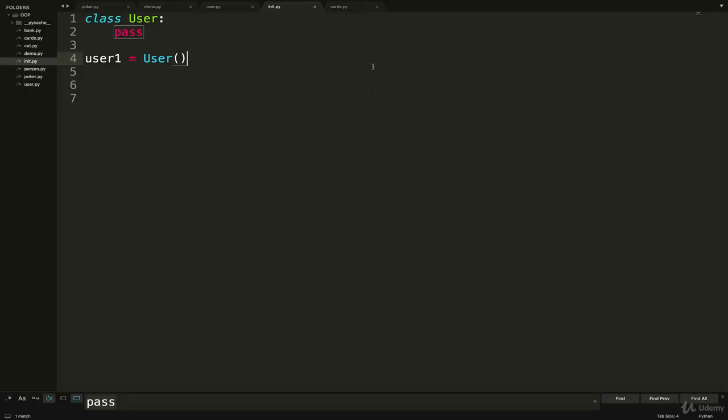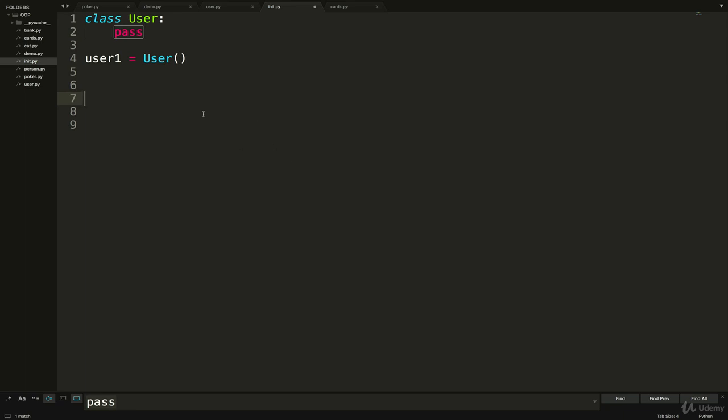Okay, so we've seen how to define the simplest class, some might say dumbest class in Python. Now let's talk about how we would actually give this user class some attributes. So every user should have a first name, a last name, and an email. Let's start there. So how do I actually define that?